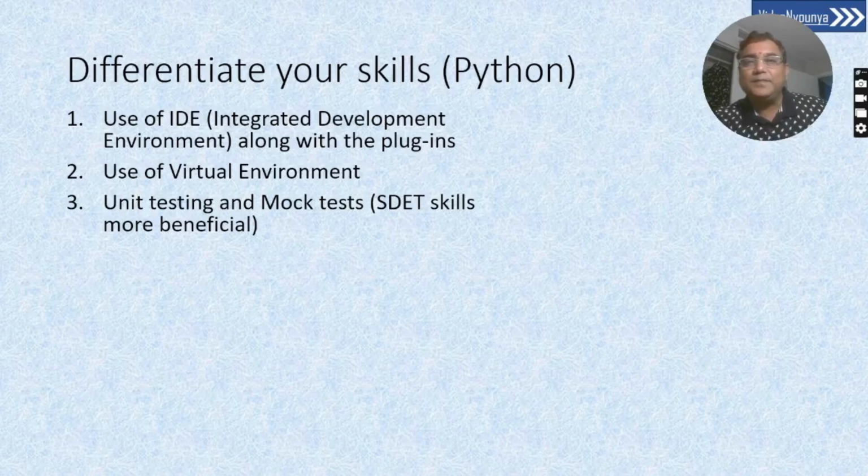As a developer, it is not enough for you to write the code and then throw that code over the fence to the other team, the QA team, for testing. You are accountable and responsible to test your own code. How do you test your own code? One of the popular methods available in any programming language is called unit testing, where you test your own functions, your own code, and the objects that you are writing. If you need some data, you will write mock tests where you can mock some of the objects with some mock data.